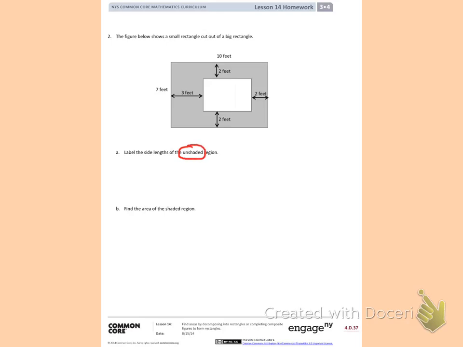Let's go ahead and look at this side first. You can see that that has 7 feet written here. Even though that side is 7 feet in length, this side of the unshaded figure is not 7 feet in length. We need to take the 7 feet that is provided for us and subtract out the portion that does not appear in the unshaded section. This portion